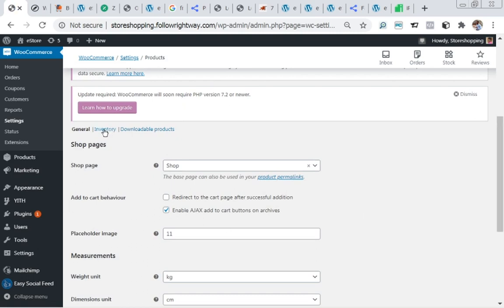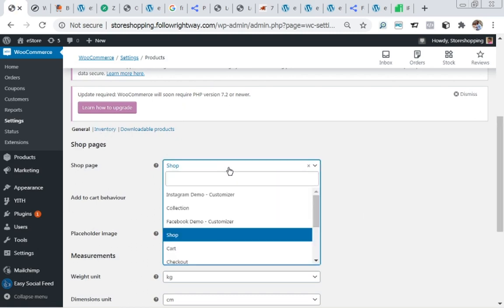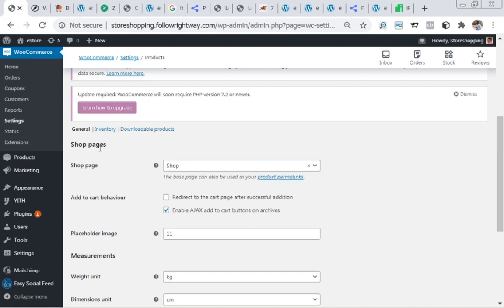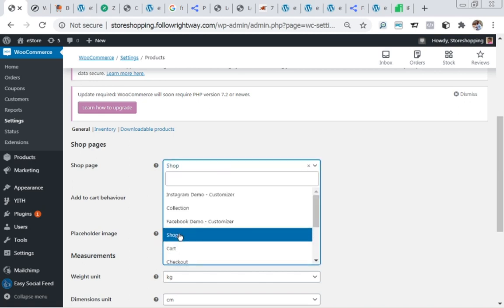Now the shop page is going to be our shop. Okay, I told you that it is very, very important for us to create our pages first before coming to all these settings. And if we had not done that, we won't be able to choose our shop page. This shop page is our online store page. Just make sure you choose the shop page here,